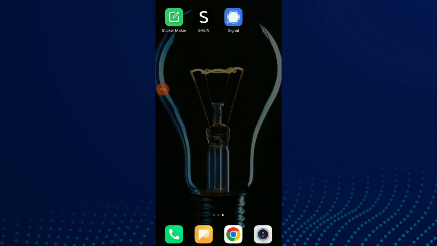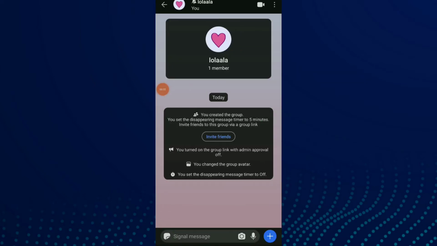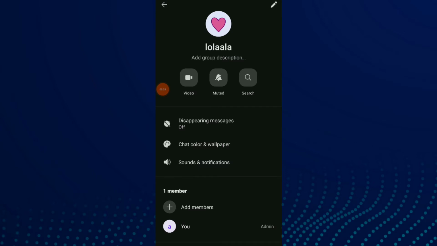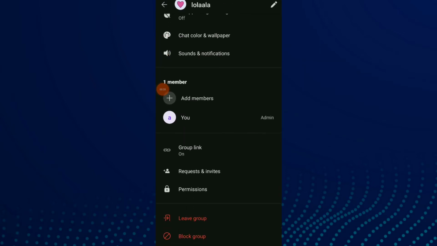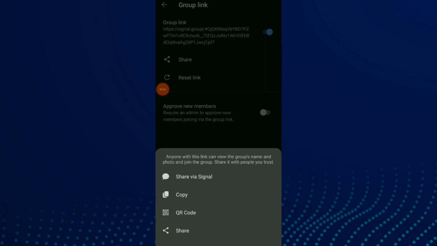First thing, go to your Signal, click on it, click on your group, and now click on your profile up there, and all you need to do is click on a group link. Now click on share, and you have to click on the last option, which is share,